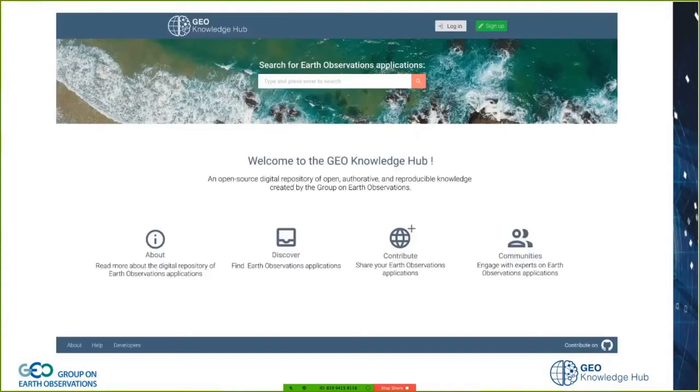So here we have the landing page of the GEO Knowledge Hub. This is the page you would see when you first come to the Knowledge Hub and you're attempting as a user to discover and access a knowledge package and its related resources. This page would also be used by knowledge providers who wish to register and manage knowledge packages that they contribute. And then thirdly, it would also be used for those who wish to organize thematic communities around various GEO work